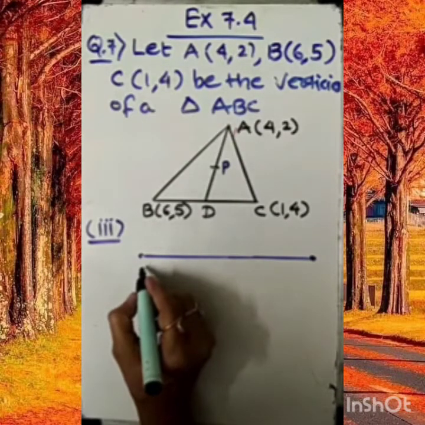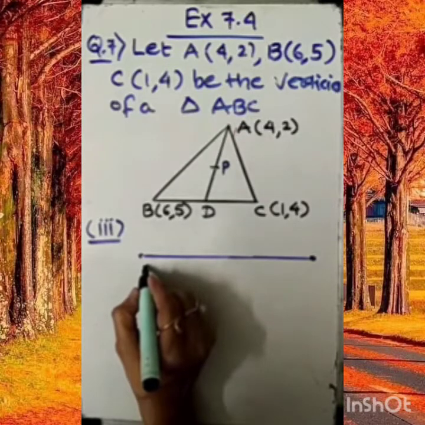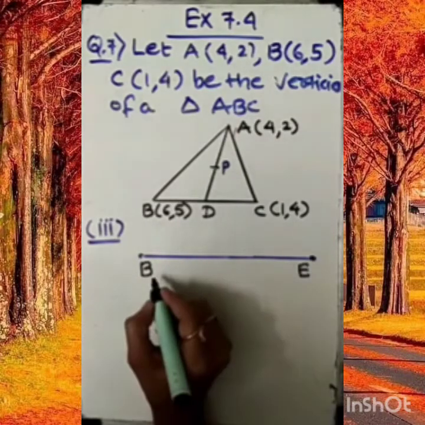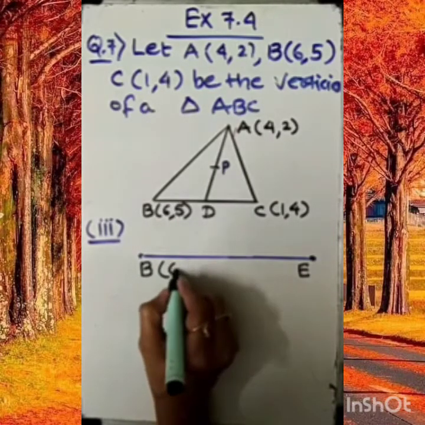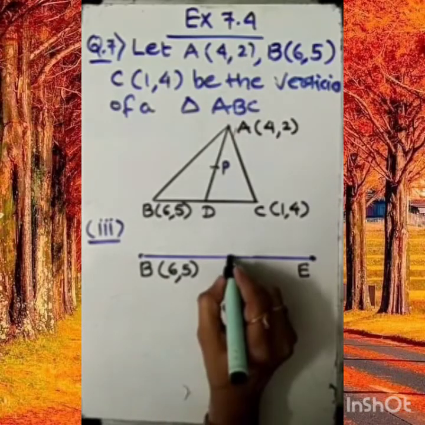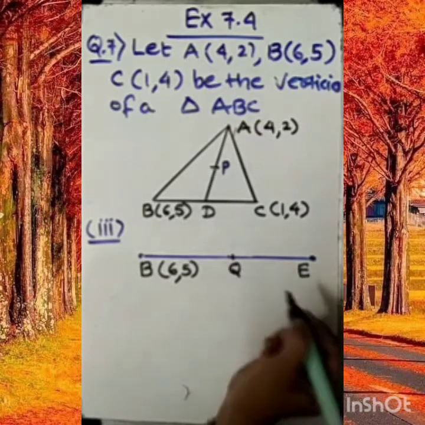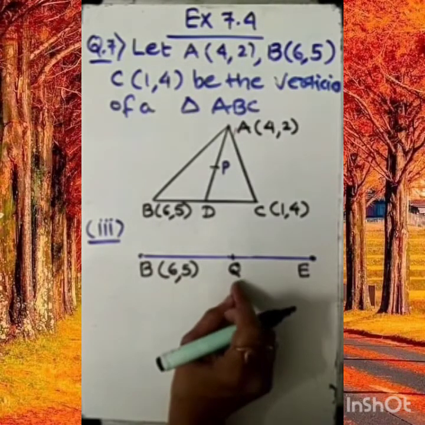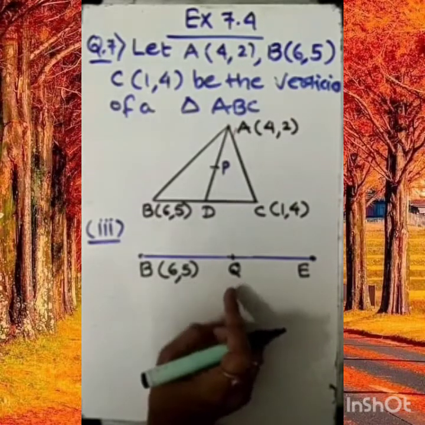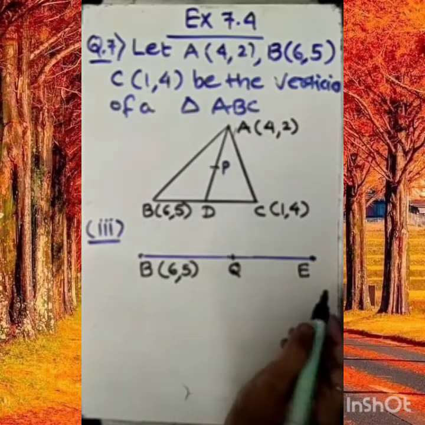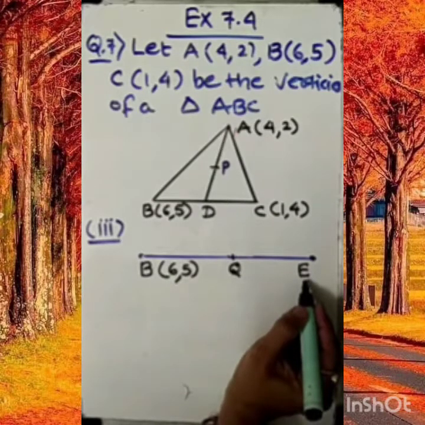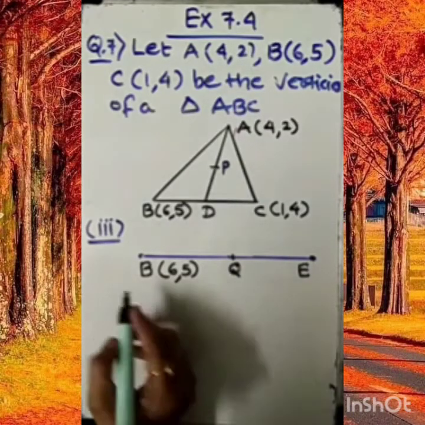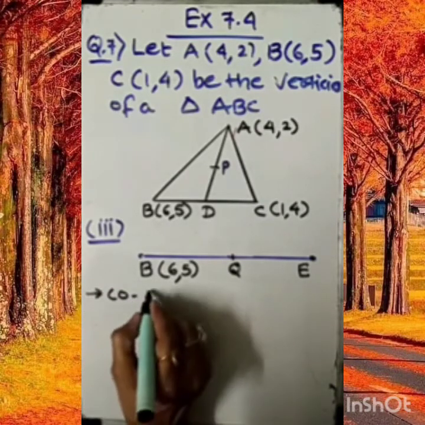This is our A point, no sorry, this is B point and this is our E point. Okay, now B is already with us: 6,5. Suppose I am considering any Q point which lies here on this BE. Then what are the coordinates of Q? But dear student, if we proceed for Q, first we need to find the coordinates of E also. The reason behind that is we do not know the coordinates of E. So first step, we need to write the coordinates of point E.